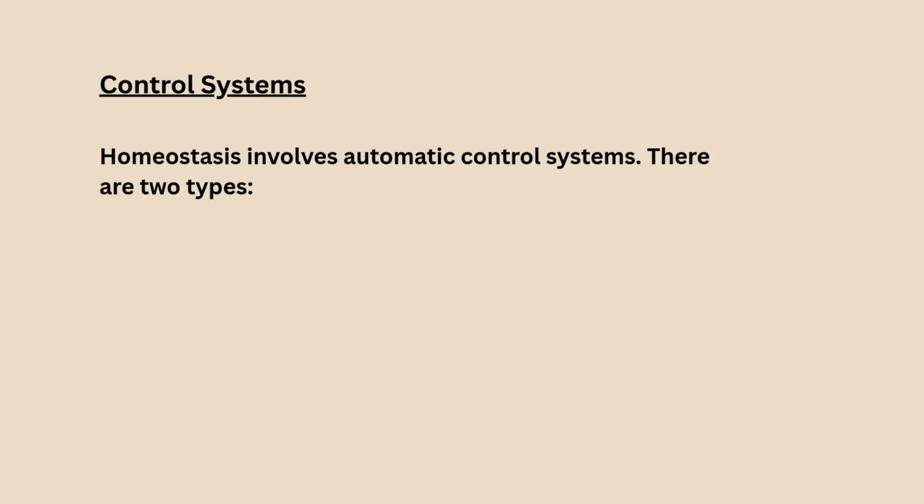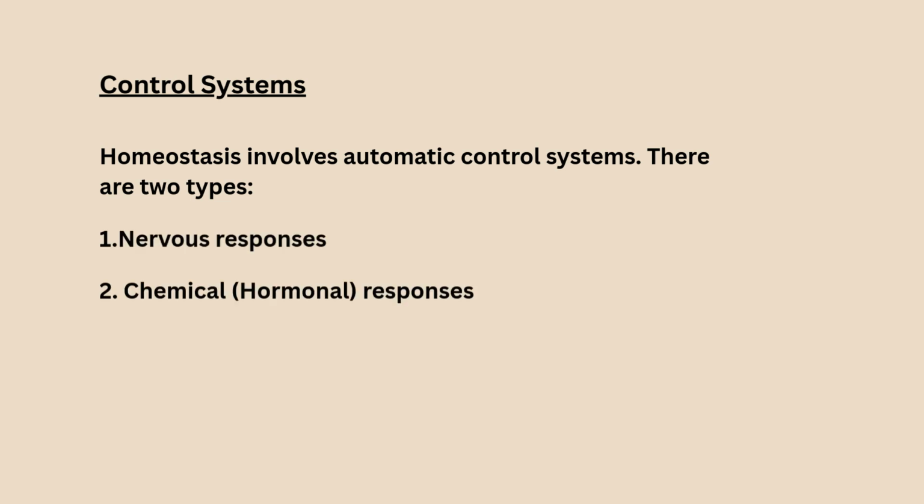Control systems. Homeostasis involves automatic control systems. There are two types, nervous responses and chemical, which are known as hormonal responses. There are some differences between nervous responses and chemical hormonal responses. Nervous responses are faster, short-lasting, they use electrical impulses, and an example would be body temperature control. Whilst chemical, known as hormonal responses, are slower, longer-lasting, they involve hormones in the blood, and an example would be